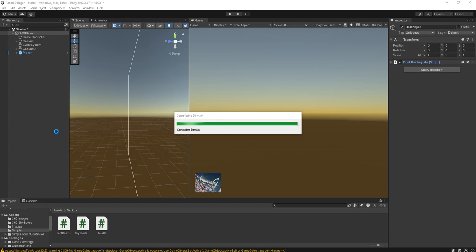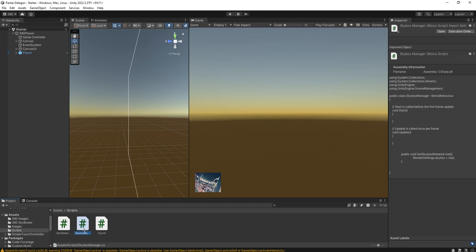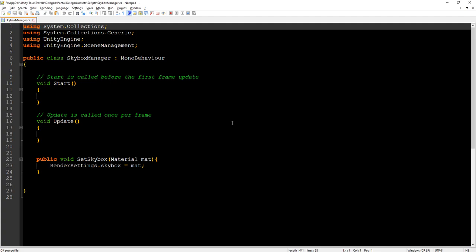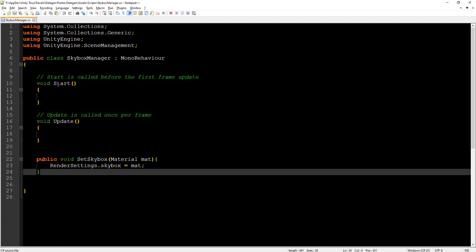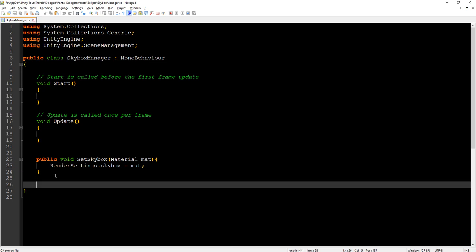Now we have this 360 player object, and we need to edit our skybox manager script. Let's say we are going to use this skybox manager script for the rest of the project.